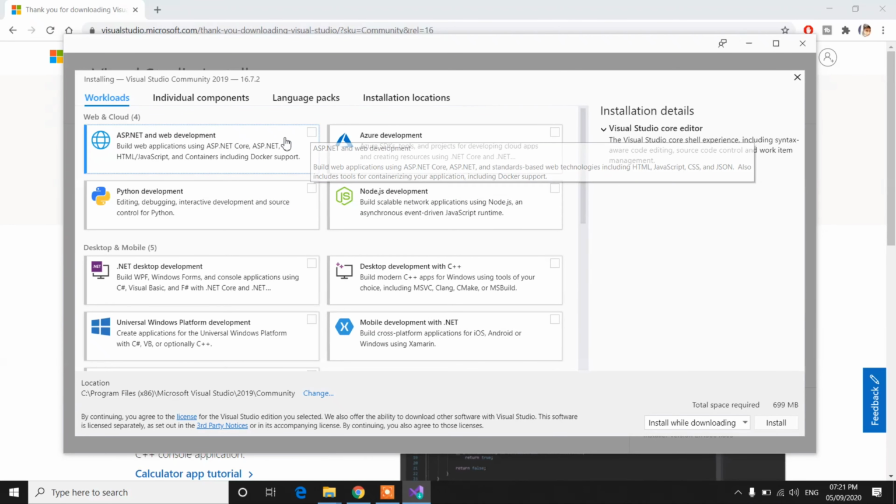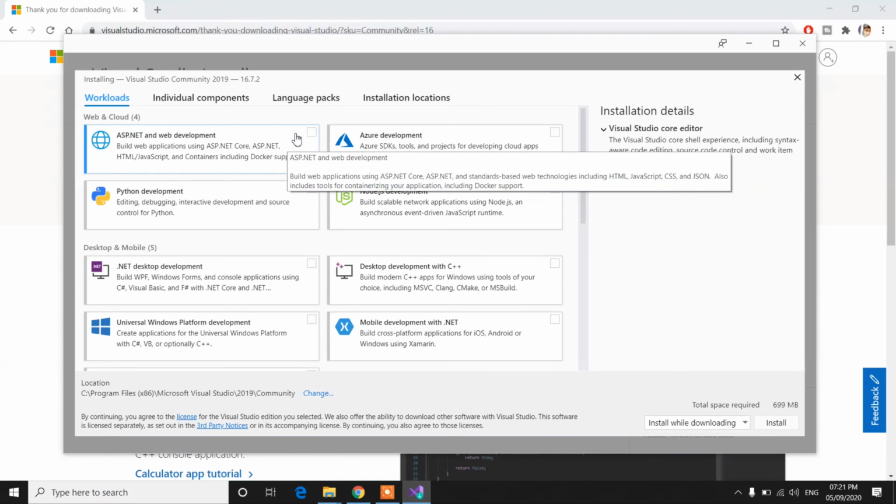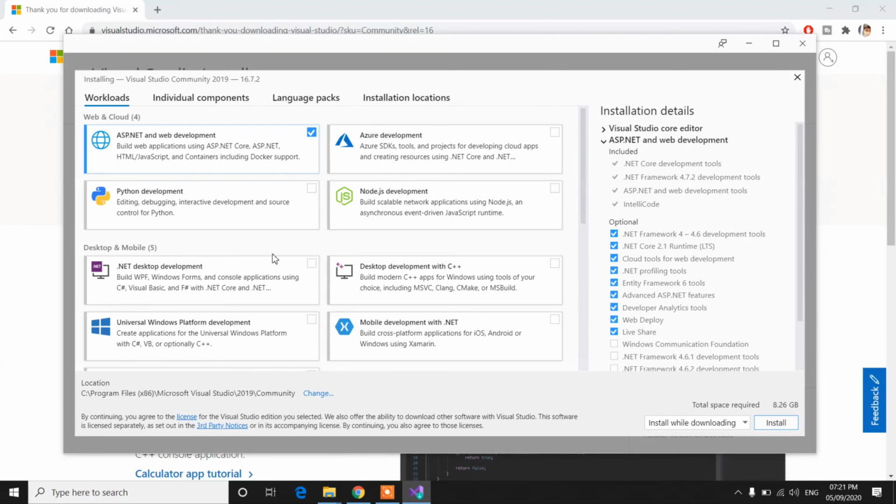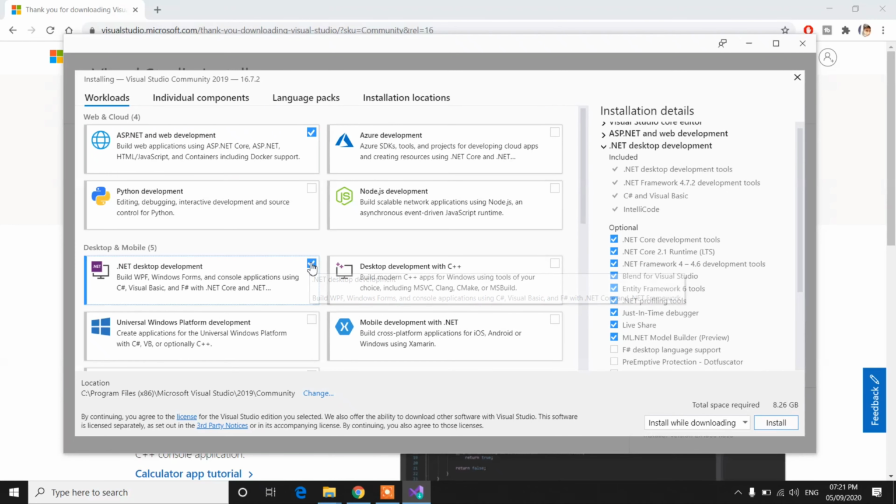Let's suppose I have to install ASP.NET and web development. And if you want to learn C#, then you will need the console application. If you want to learn C#, you can click this one.